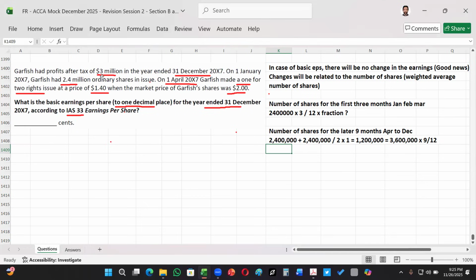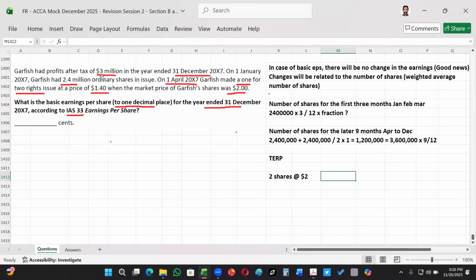So to make the EPS unchanged, we are going to increase the number of shares for this first 3 months. But what should be the treatment? For that, IAS 33 explains how to calculate the theoretical ex-rights price, and that is calculated as follows. Initially we have 2 shares at $2. Because the rights issue basis is for every 2 shares, they are going to give us one more.